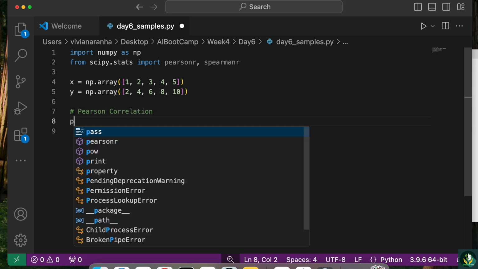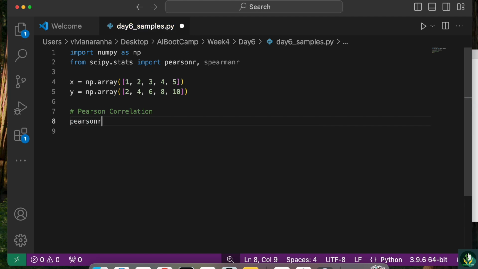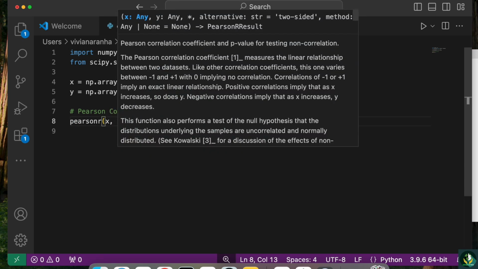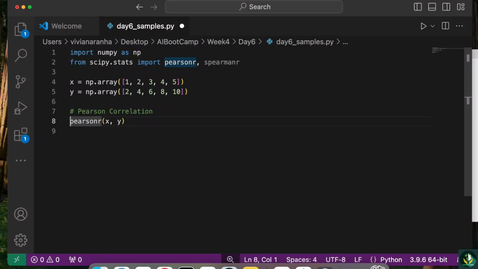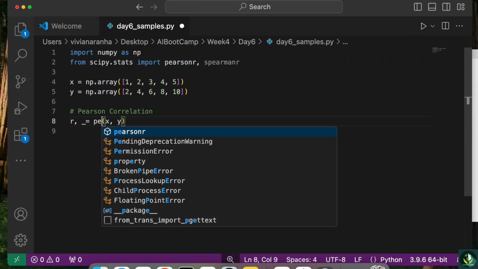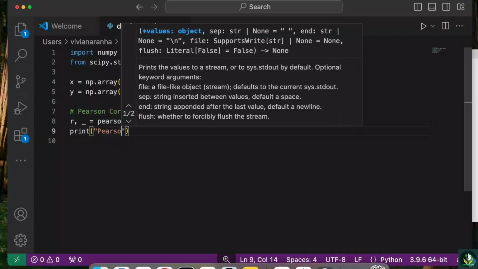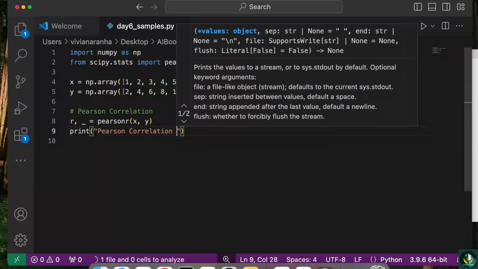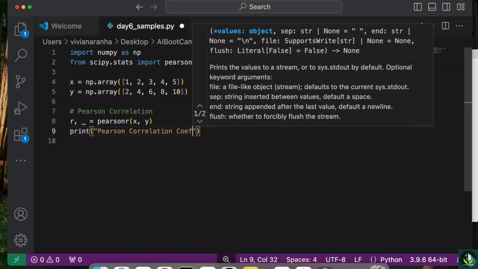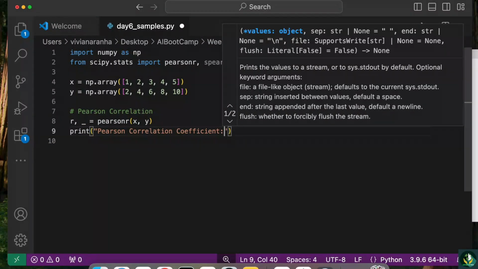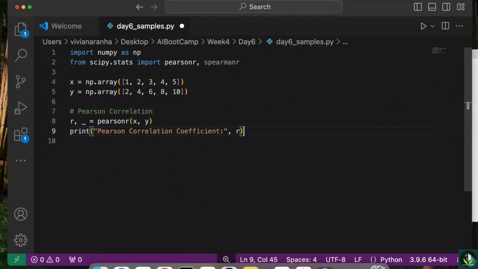The way to use it is we can just call pearsonr and pass it x and y, and this will give us r, comma, underscore, since the second value we don't care about. Next, let's go ahead and print Pearson correlation coefficient, and that is r. Next, let's do the Spearman correlation,